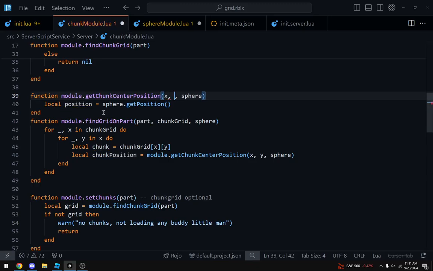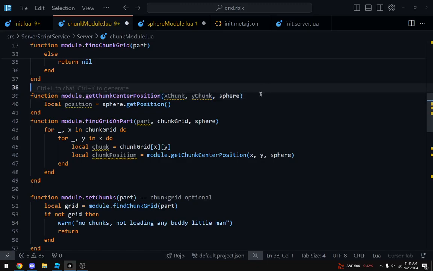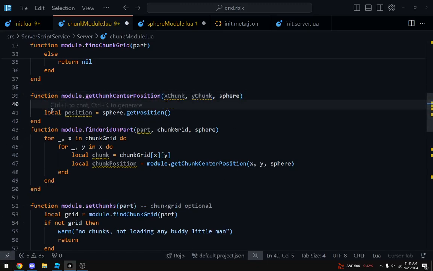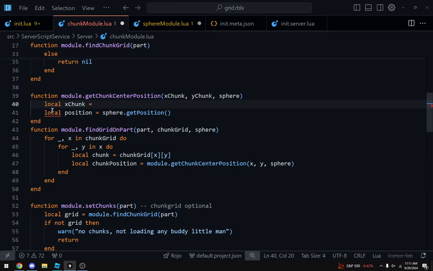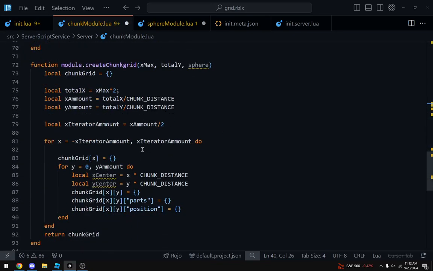So we'll do x chunk, y chunk. And now we want to do local x chunk equals x chunk, you have x center here.